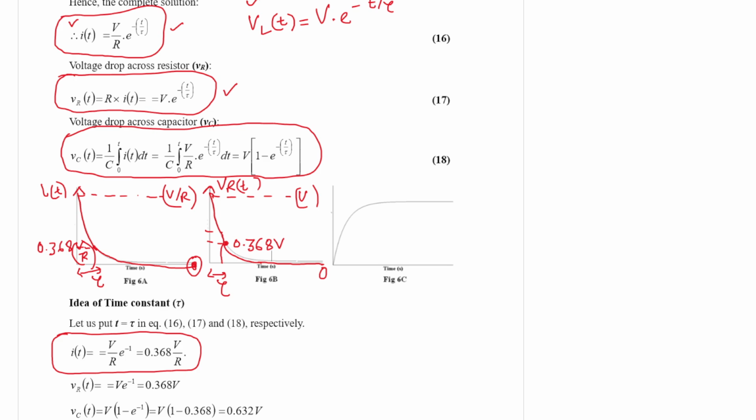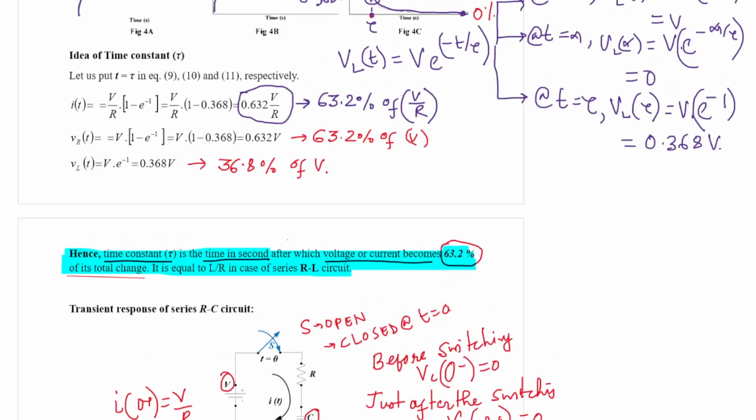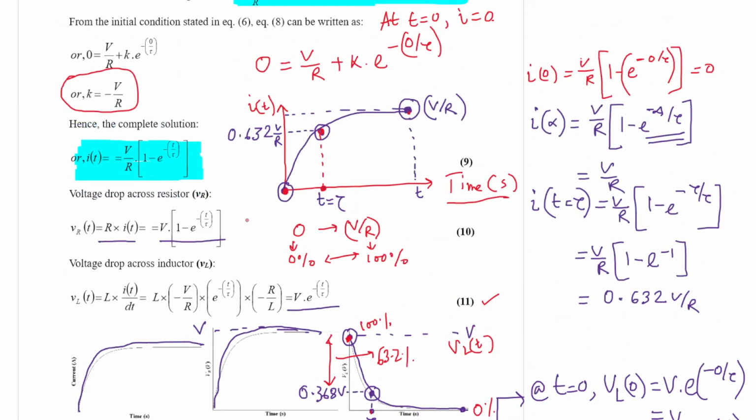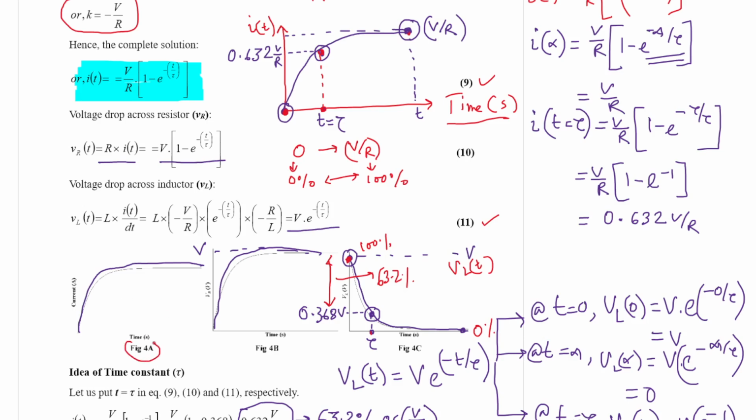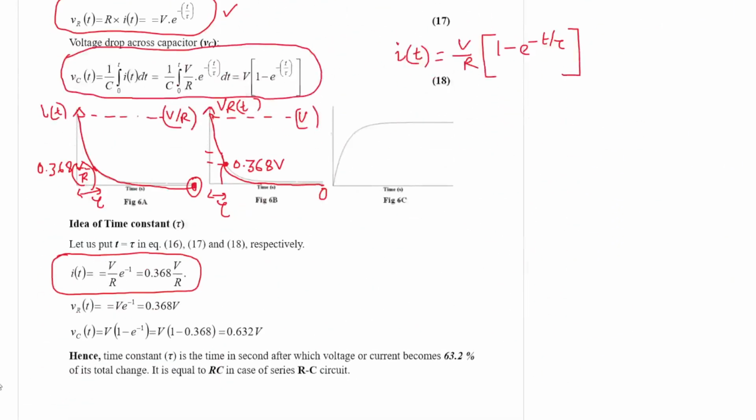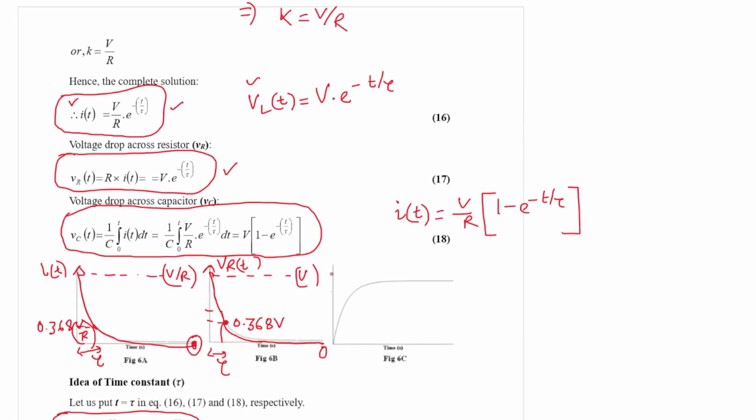As far as the last equation is concerned, if you recall, the current expression for the series RL circuit is something like V by R into 1 minus e to the power minus t by tau. So it is exactly resembling: V into 1 minus e to the power minus t by tau, and here V by R. So the previous equation 9, this current equation, is represented by figure 4a. So this pattern will represent